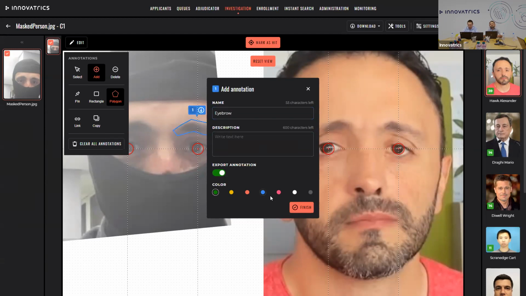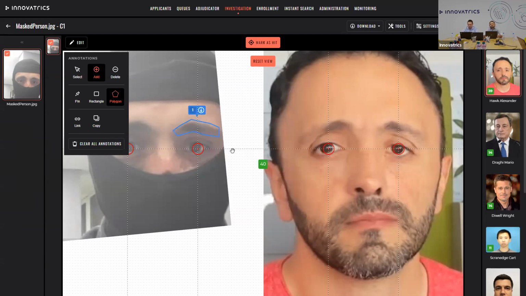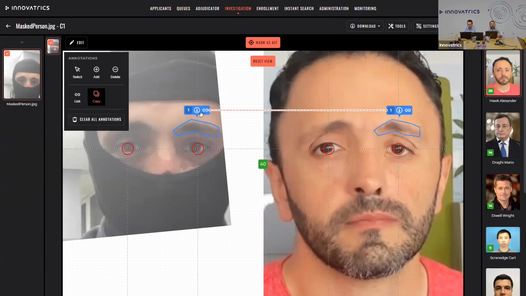I can change the color of the annotation and finish. If I want the same annotation to also be on the applicant side, I just select the copy tool and it is automatically copied and placed based on the position of the eyes. So it is now evident that this size of the eyebrow is the same on the probe side